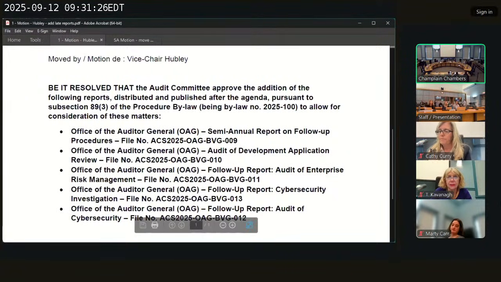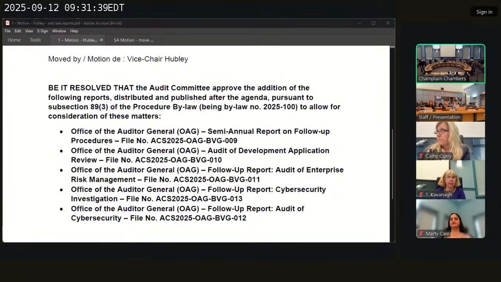Thank you, Chair. Be it resolved that the Audit Committee approve the addition of the following reports distributed and published after the agenda pursuant to subsection 89(3) of the Procedures Bylaw, being bylaw number 2025-100, to allow for the consideration of these matters. The Office of the Auditor General semi-annual report on follow-up procedures, file number ACS 2025-OAG-BVG-009. Office of the Auditor General Audit of Development Application Review, file number ACS